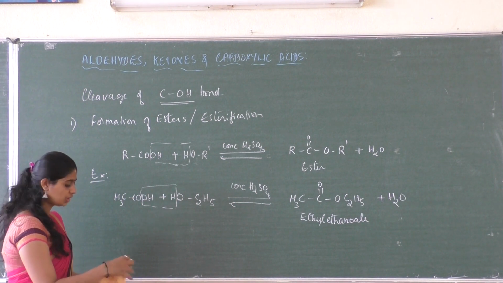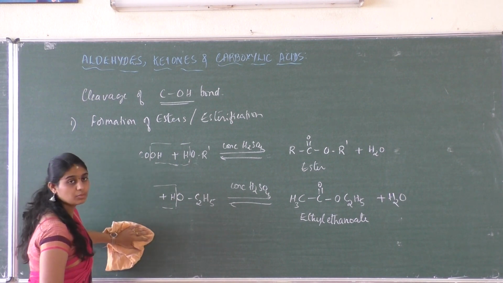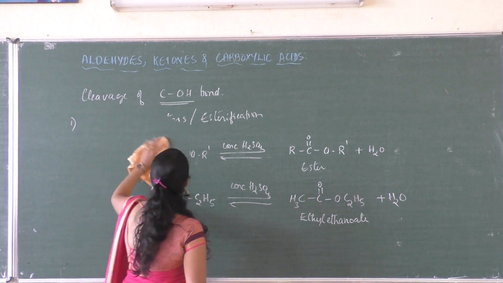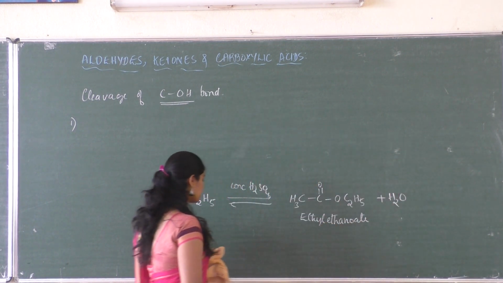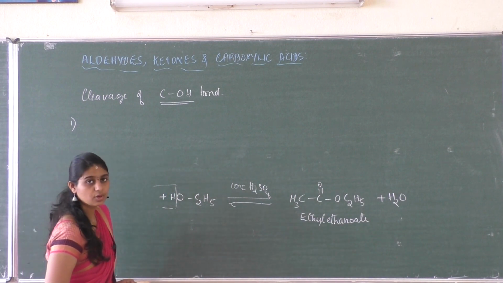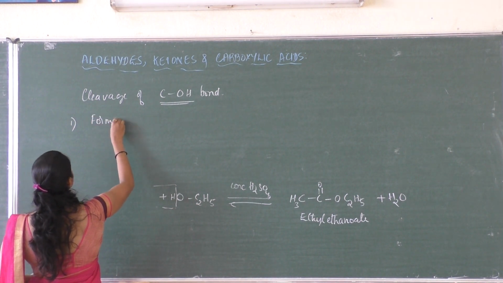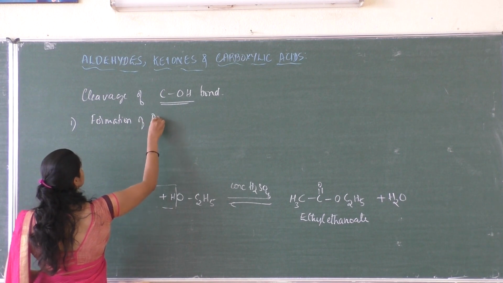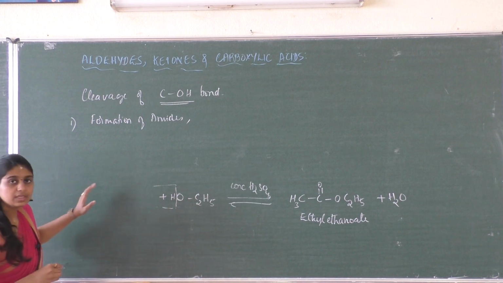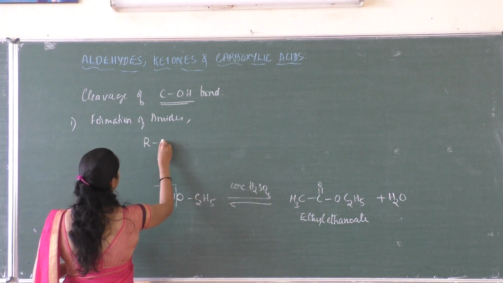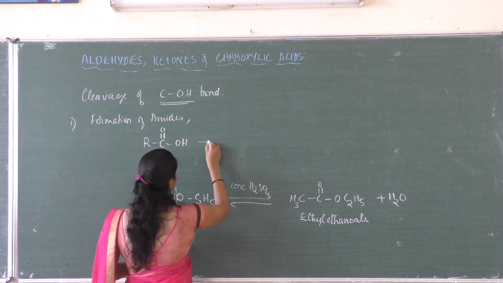So the third reaction, which involves the cleavage of the carbon to oxygen bond, is the reaction with ammonia. So, important one, it's a preparative method for amides. Formation of amides. So when carboxylic acids are reacted with ammonia,